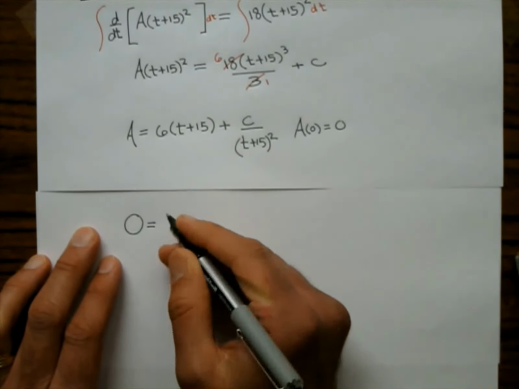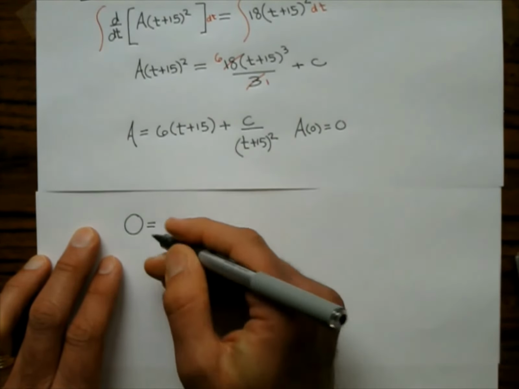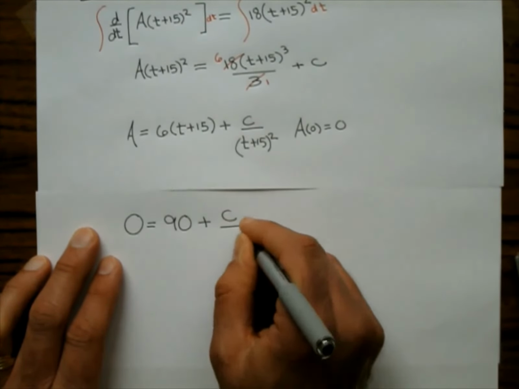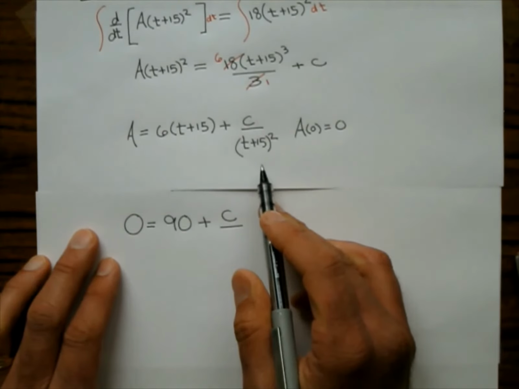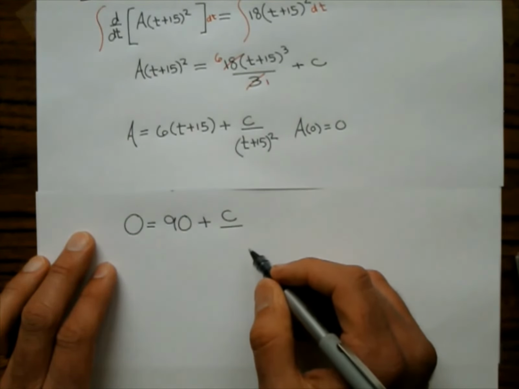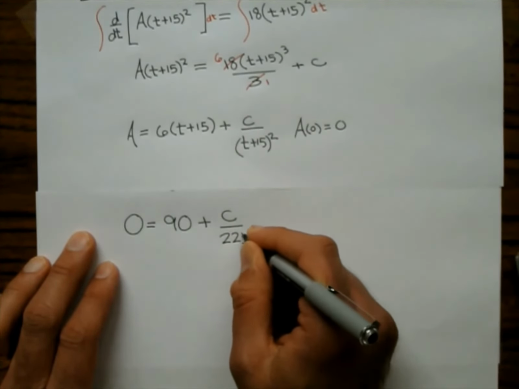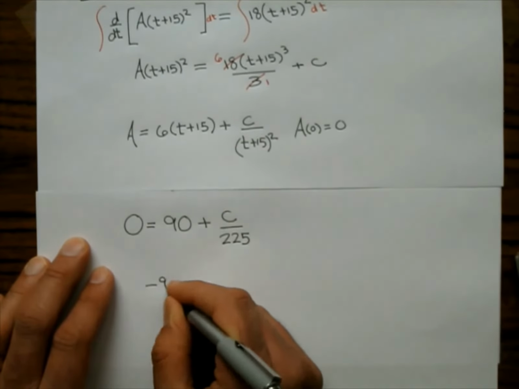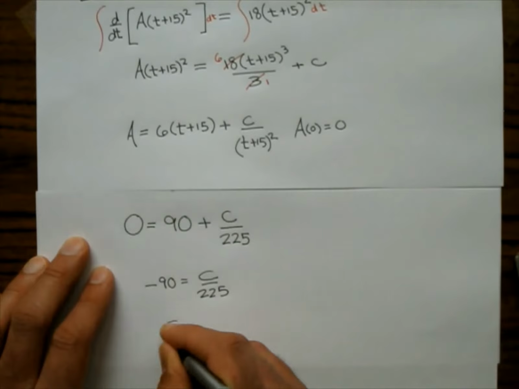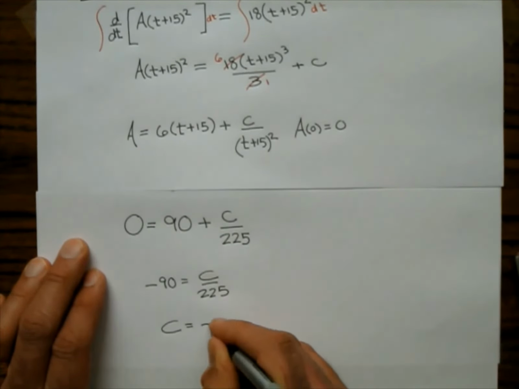So this is going to be 6 times 15, which is 90, plus c over 15 squared. So 15 squared is 225. And so this is negative 90 equals c over 225. C equals negative 90 times 225. That's going to be negative